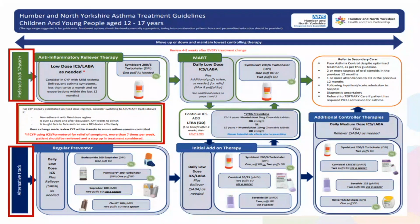An important consideration in this age group when choosing the best treatment is whether the child or young person will use the spacer plus a PMDI. It's often not practicable as they get older to carry a spacer and an inhaler, and it often causes embarrassment around their peers. So in this case, it may be that after you've had a discussion with that patient, they may